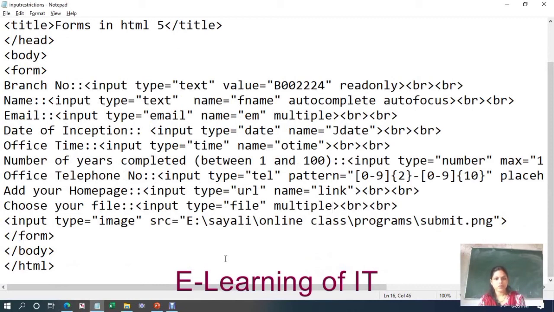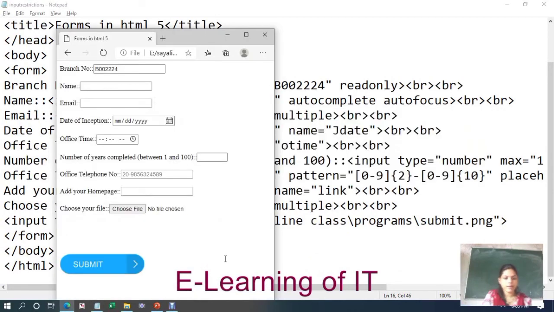So here I have specified the multiple attribute. Now we will run the file. Here again specify a name. You can give an email ID. Here I will add another email ID as ssg@gmail.com.